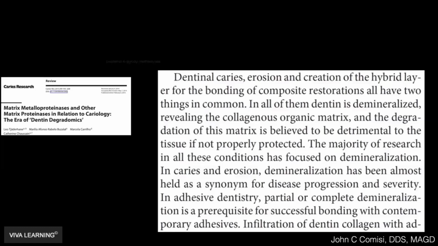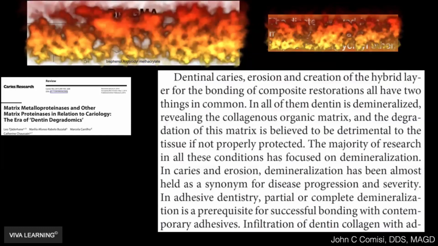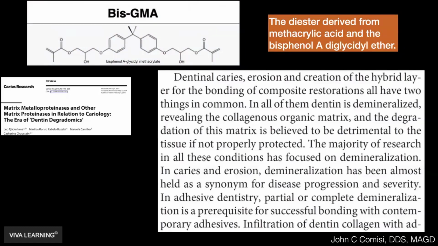Caries process involving the hybrid layer creation, trying to infiltrate this demineralized dentin is actually a process which may not really work as well as we think it does, even though there's so much in the literature showing up till now that it does do something. But the biggest problem is that the BIS-GMAs that we use and the bonding materials are all derived from a methacrylic acid. And basically, we're putting an acid into a tooth structure to try to restore it back to health. But isn't that a problem?